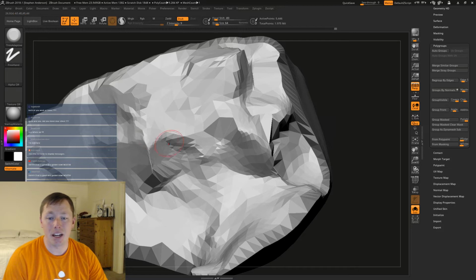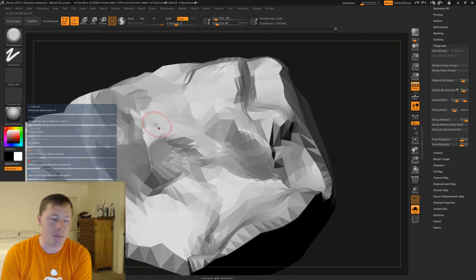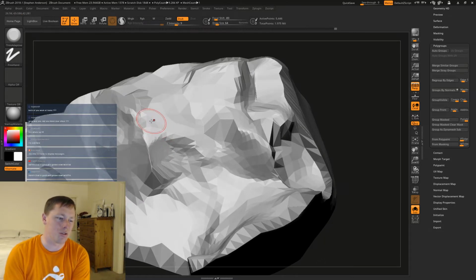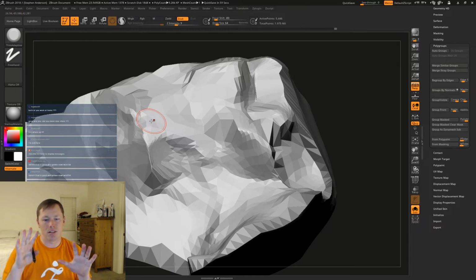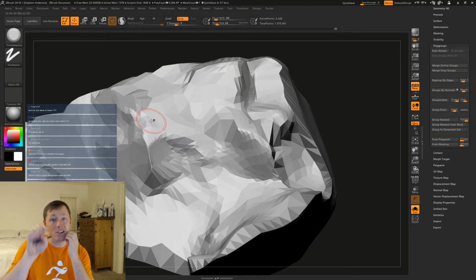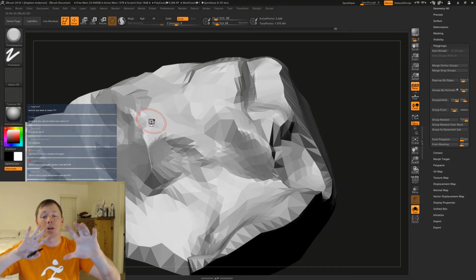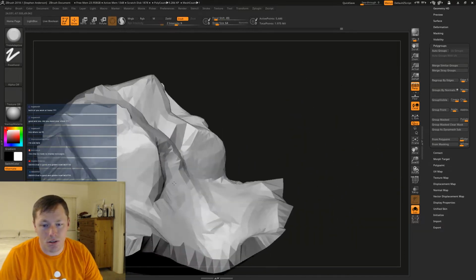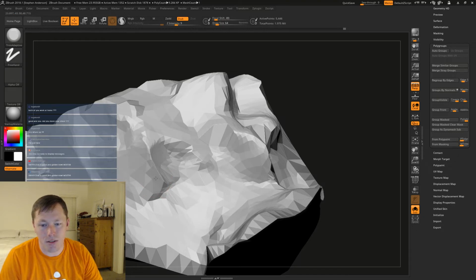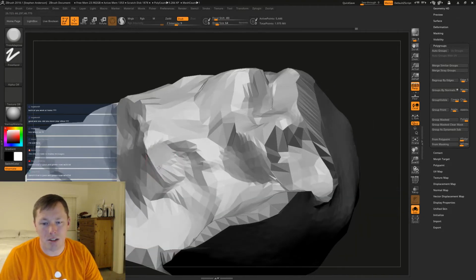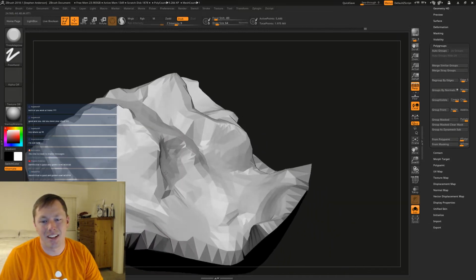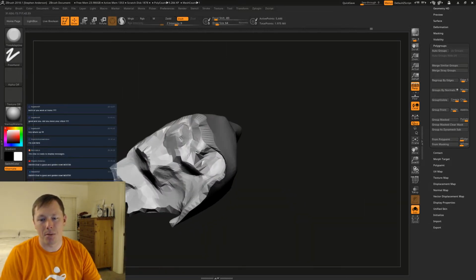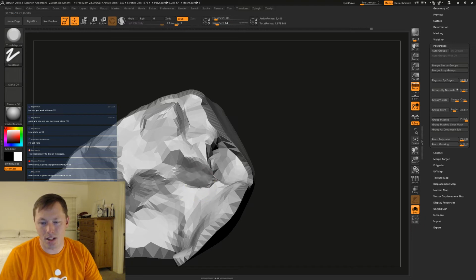Trim dynamic, the name makes sense for what it does. The brush will do what trim adaptive is doing, but it'll change to adapt to the surface, which makes sense if trim adaptive did that, but it doesn't. It's okay, I didn't come up with the names, I just sculpt.